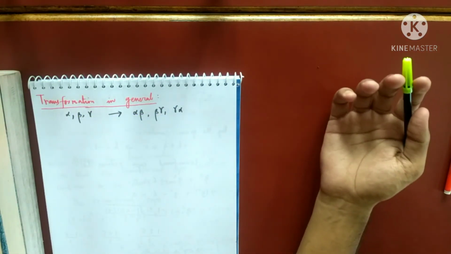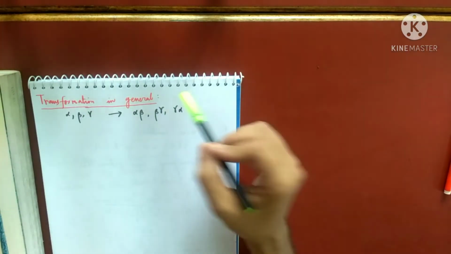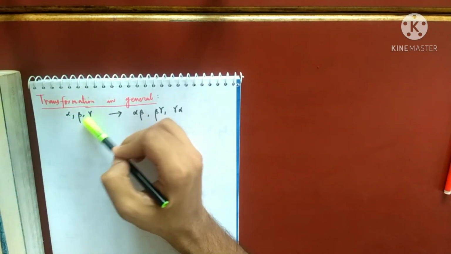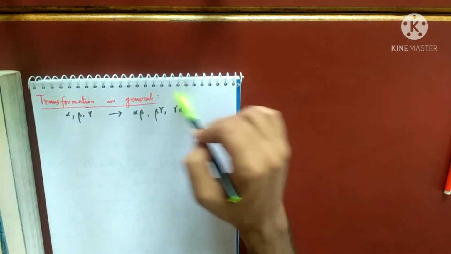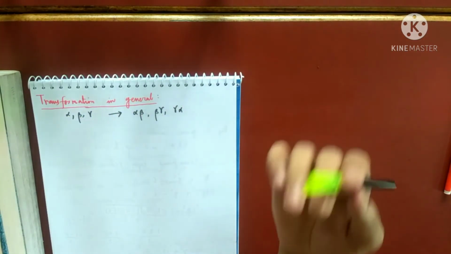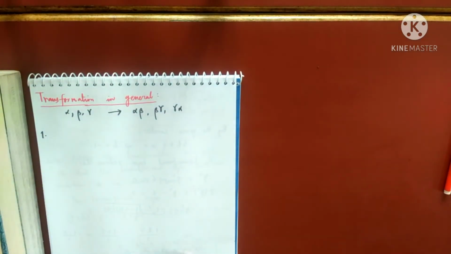But this transformation we have not done. This is neither the reciprocal one. So this is what is known as transformation in general. With the help of the given roots, you have to find a new equation whose roots have some relation connecting them. That is what we mean by transformation in general. I'll simply start with the questions and explain the theory that is needed there.